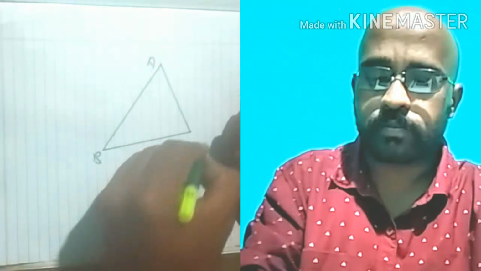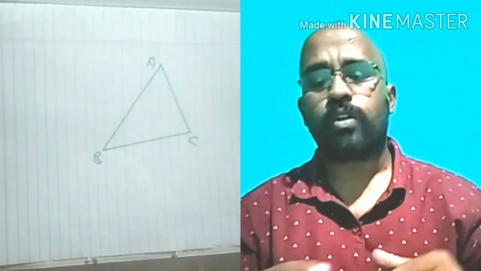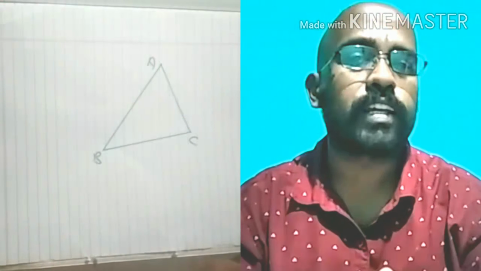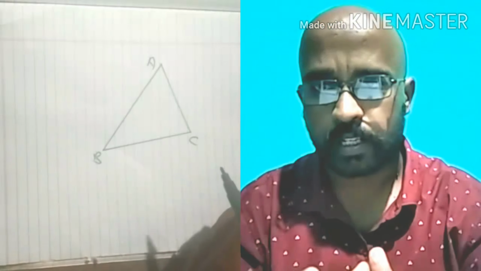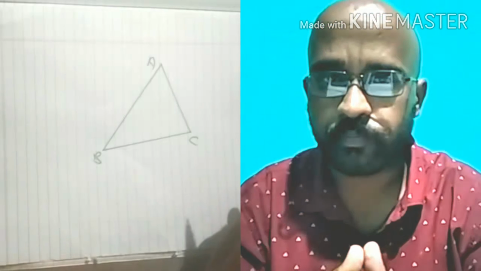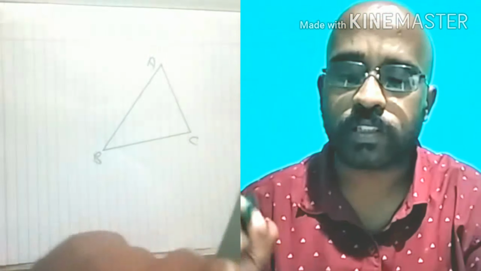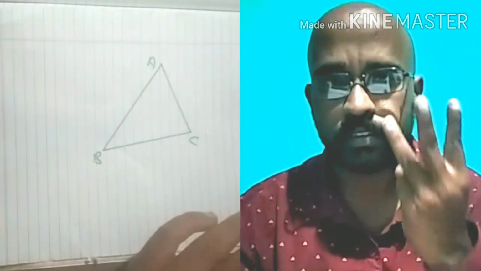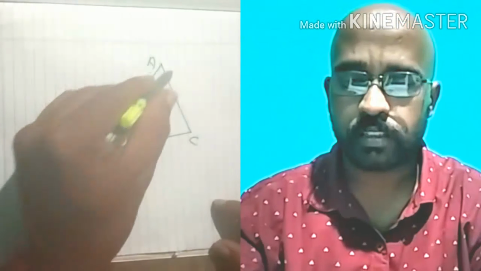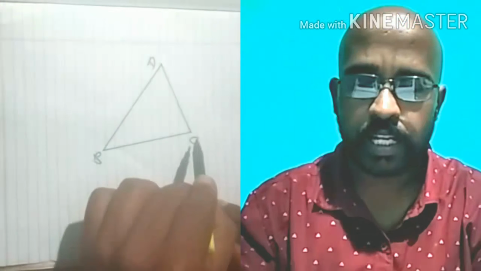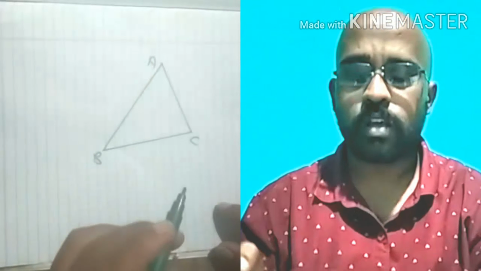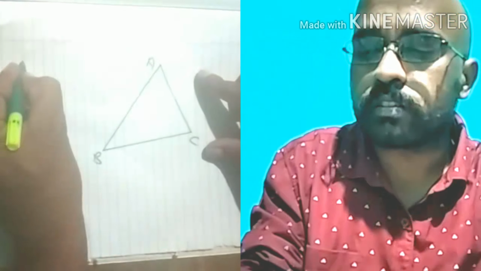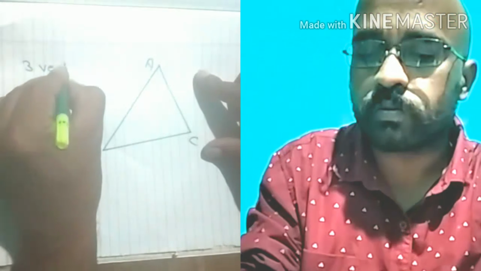ABC is a triangle, right? So why is it called a triangle? What is the definition of triangle? What are the characteristics of triangle? Triangle is a figure which is having three vertices, vertex A, B, C, right? Triangle is having three vertices, three sides, side AB, side BC, side AC, means a figure with three vertices,